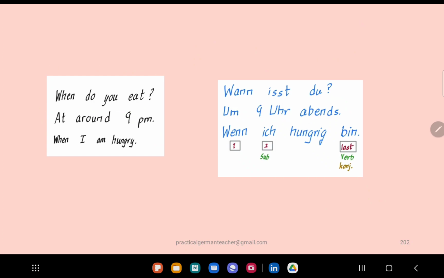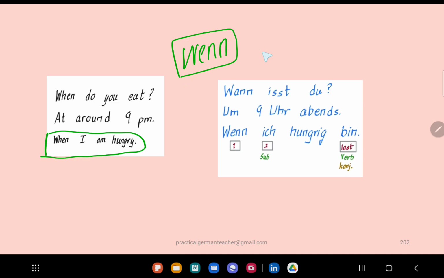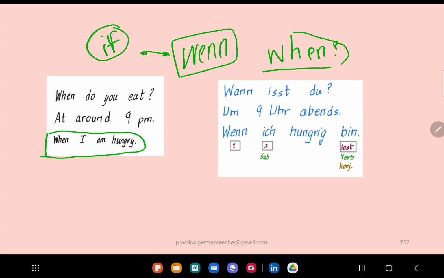Now the other answer is you are giving a requirement, right? A condition. So when do you eat? If I say when I am hungry. Now when I want to give a requirement or a condition, I use the wenn conjunction in German, right? Wenn. Do not confuse this with English when. It's different. So normally when you see the German wenn, it's not a good idea to always think of what is the counterpart in English. But if you do want to think of what is the English counterpart for German wenn, it is if. Okay, this is a good comparison.